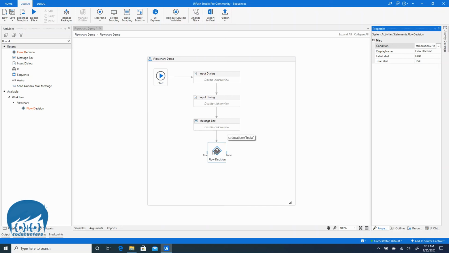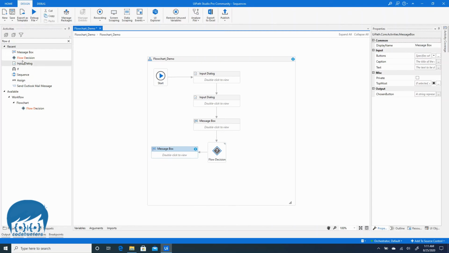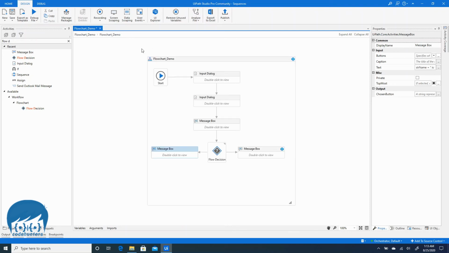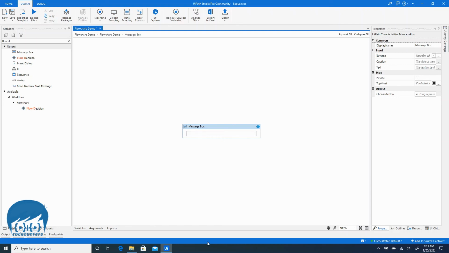In the true part, we will drag another message box and connect it to the true part, and we will connect another message box in our false part. For the true part message box, we will give the text property as str_name, and we will concatenate " is from India", and we will go back to our flowchart, and for the false part we will give str_name plus " is not from India".